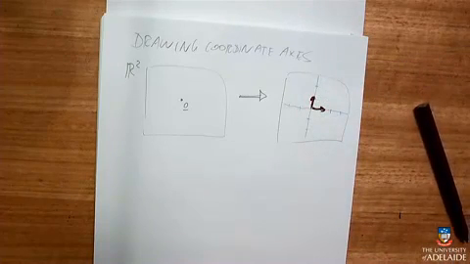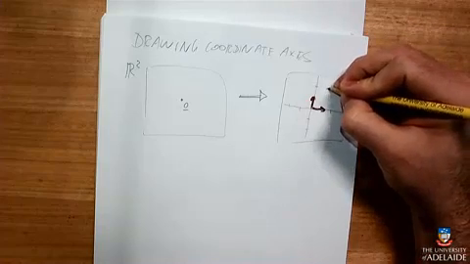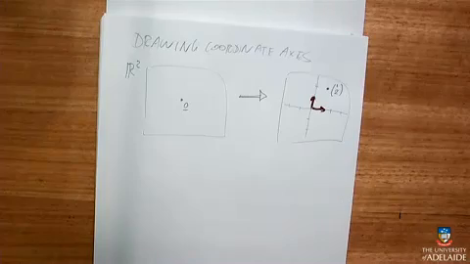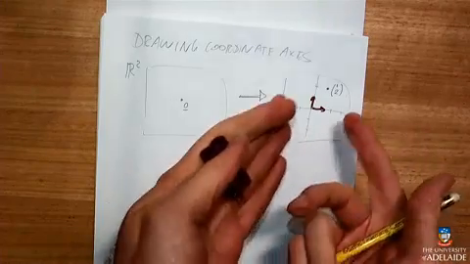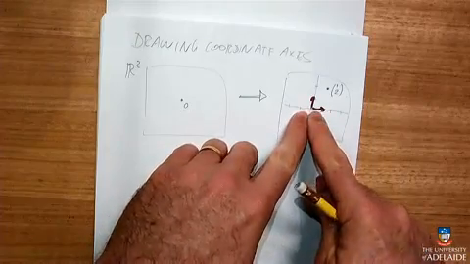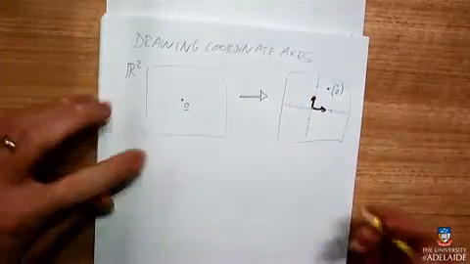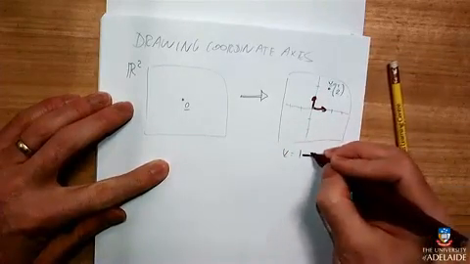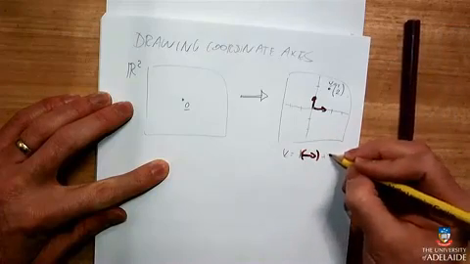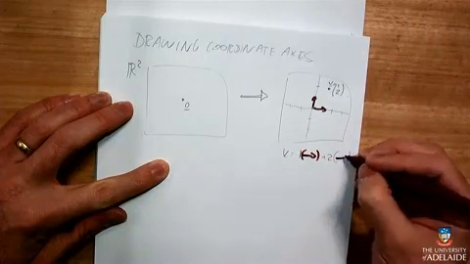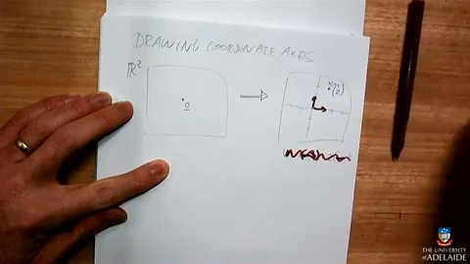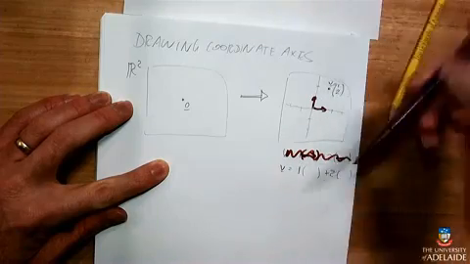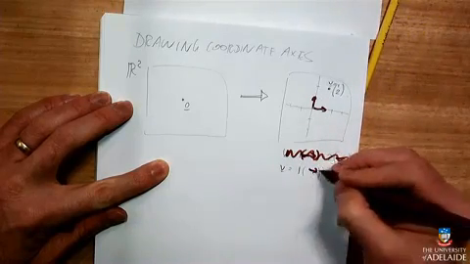And I could locate any point in R2 as, you know, this one would have coordinates 1, 2, because it's at the position 1, 2. That's how I do coordinates in R2 normally. But it's also 1 of this vector and 2 of this vector. So V is 1 of this vector and 2 of this vector. That's how I get to that point.